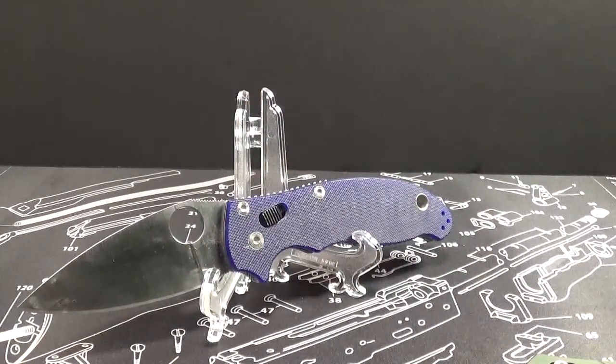It does cut, so it functions as a knife. But the 110, the S110V, I haven't had a problem with it yet, but a lot of people complain about it being real chippy, and this is a problem with the knife community fetishizing hardness and blade retention on a knife blade. Apparently nobody has that extra 5 minutes a day to sharpen a knife, which explains why people don't work out enough, because they don't have 5 minutes to sharpen their knives, let alone 30 minutes to go for a walk,